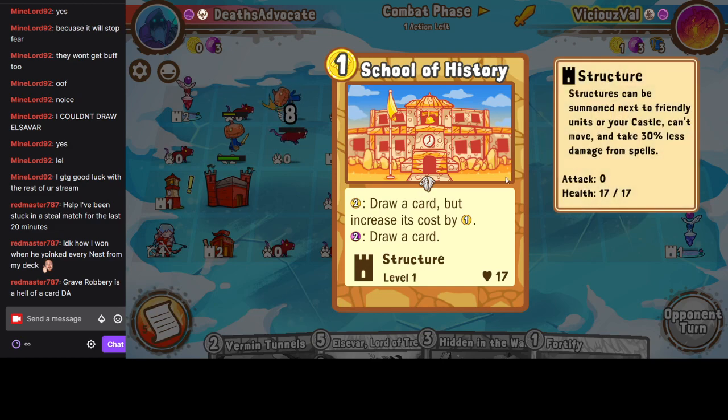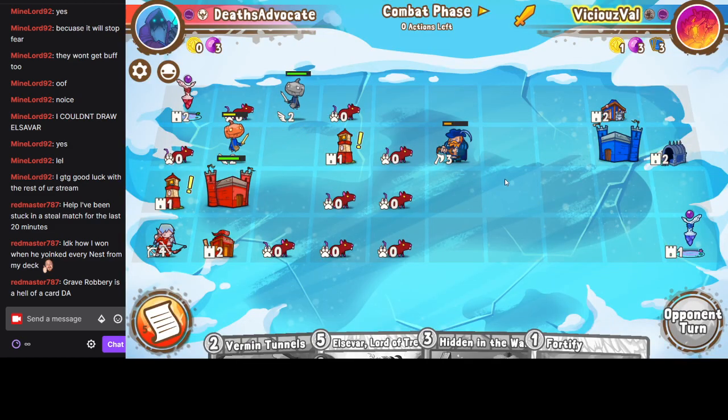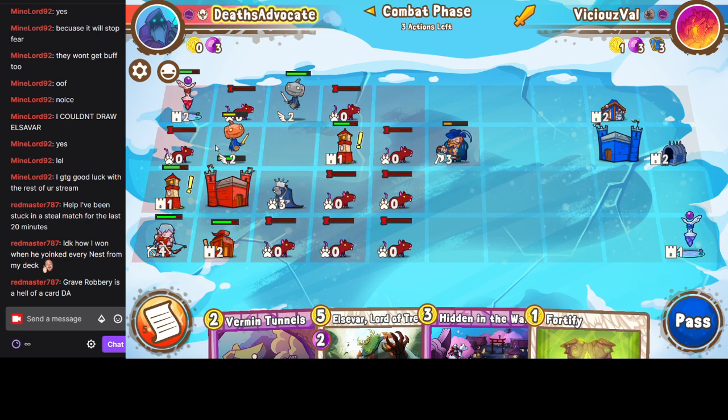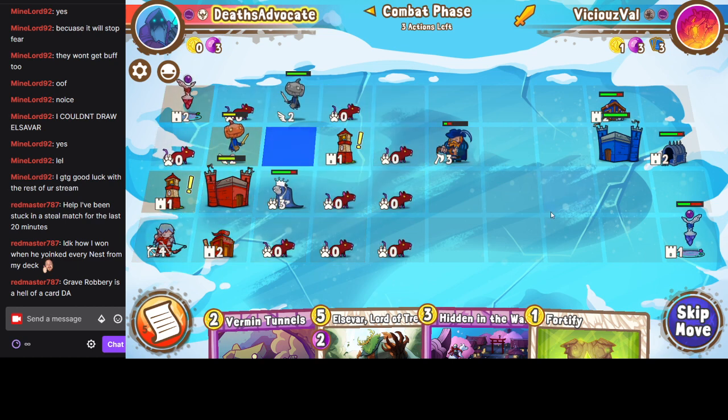Probably could have tried to draw a card, but I don't want to waste my mana until I know Elspeth Engine's going to be up and running here. Alright, so I don't want to kill this pumpkin until I'm done trading. Actually, I'm just going to...